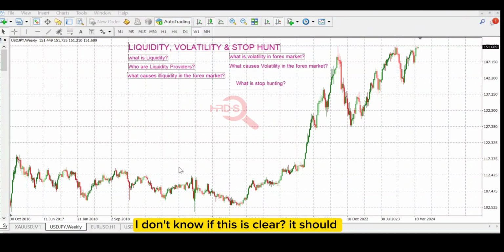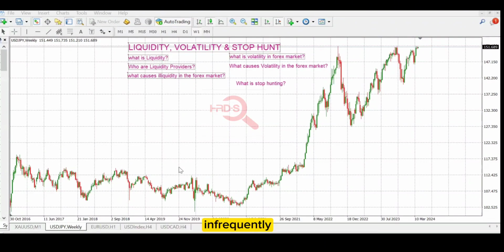It should be. Now, this transactional cost you pay is what we call spread. In the beginning of this forex trading school, I taught you spread. Spread is the transactional cost you pay your broker because your broker provided liquidity for you so that your transactions can be executed immediately. There is high liquidity in the market when there is a significant level of trading activity in the market. And then we say that we have low liquidity if there are only a few market